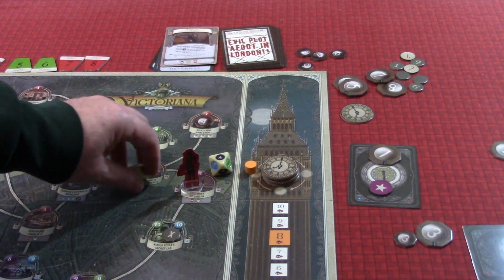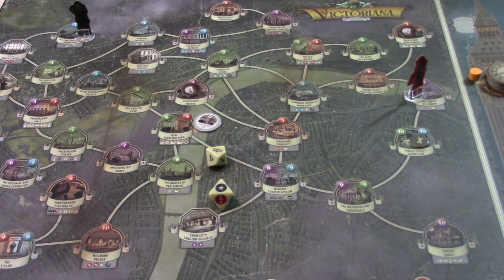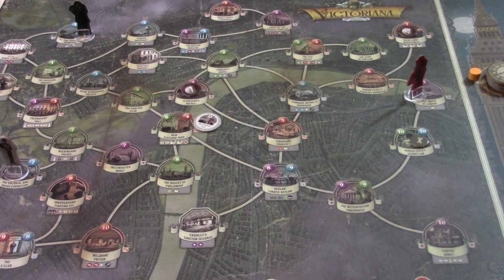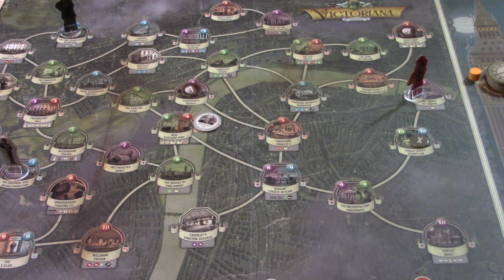So let's take a look and find out where he is going to be. And he's going to be at Occult 6, so Purple 6, down here, not too far away from Sherlock Holmes. Now he's going to be pretty nasty to beat, but we're going to have to get that done. And that is going to conclude Sherlock Holmes' turn, but not the end of the round. So we have to now manage our